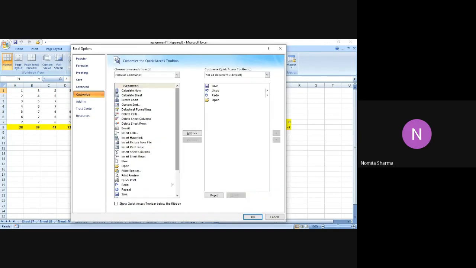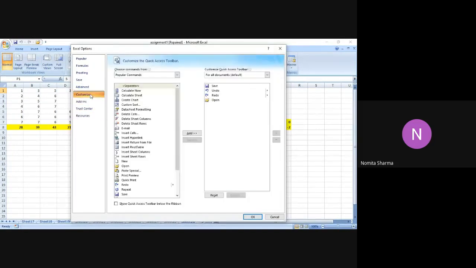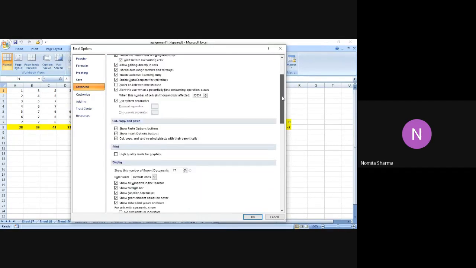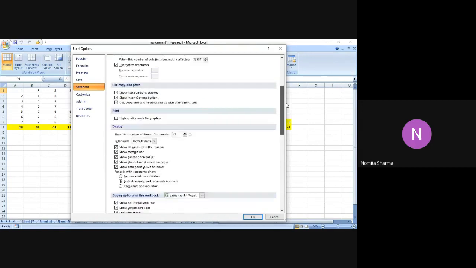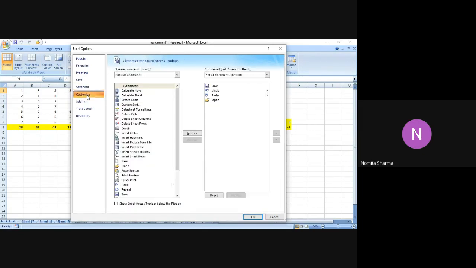Just check if I have that. Wait a minute, because when I did that, it actually showed me, and no, you have to go to customize or no, advanced. So let me find my option which I have clicked for getting the developer option tool. Let me see where it is coming from, and then I can tell you how I got that. If I go to this option, no, it was there only.